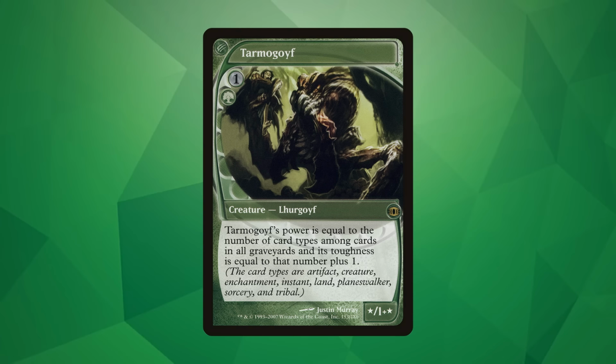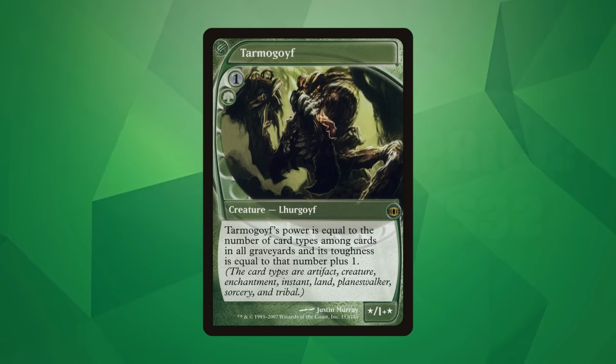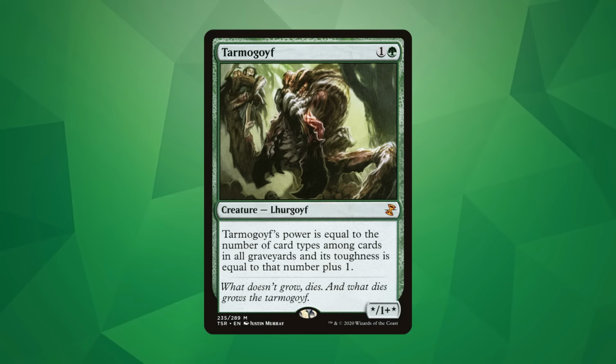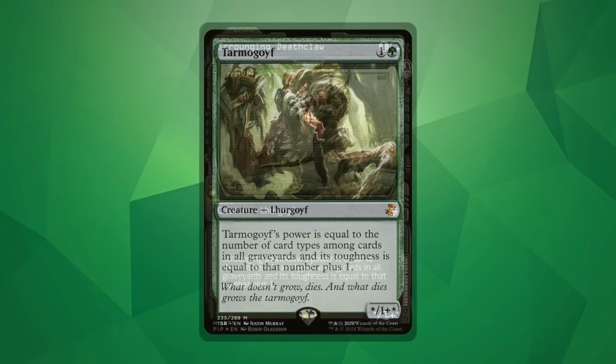Let's talk about Tarmogoyf's current price. A Future Sight Goyf is $32. Very few uncommons actually beat this. There are actually maybe a dozen or so, but I'm going to come to that and more in a moment. The actual average price, shall we say, is around the $12 price tag for the normal bordered Time Spiral Remastered Goyf. There are cheaper ones out there if you are okay with one of these Fallout Goyfs that, I'll be